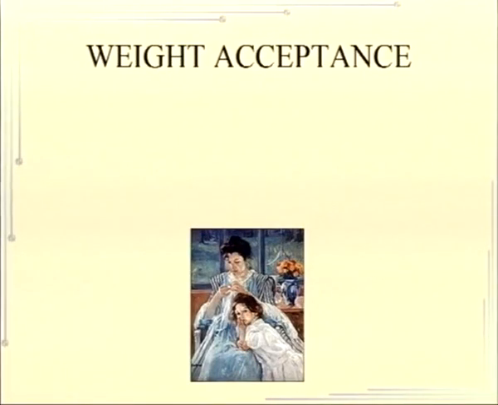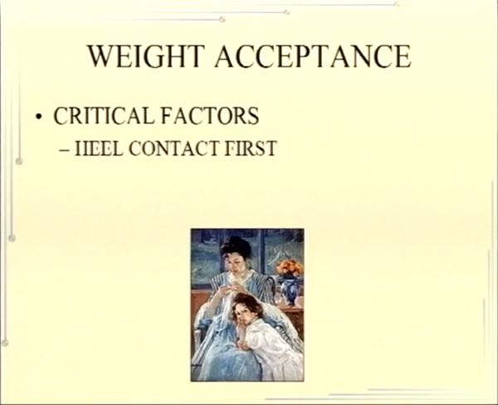So I'm going to briefly go through these 3 functional tasks and talk a little bit about each one. Let's start with the first one, weight acceptance. The critical factors are, in terms of the usual gait pattern, heel contact first. So it's important to look at where the foot's coming down, and if you can stimulate heel contact as the initial part of weight acceptance, that's going to lead to a more stable,